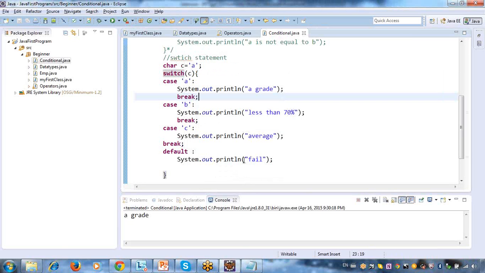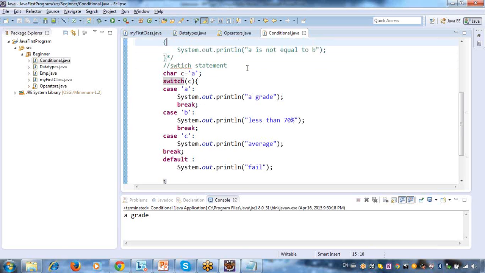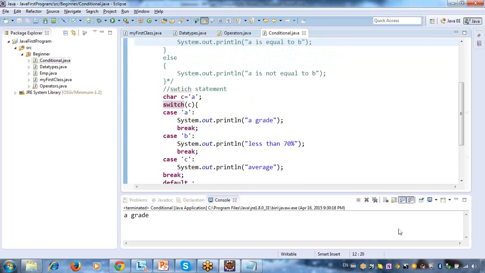In switch, you simply give your condition, and based on your condition, your case will be executed. Clear? Is it clear, this switch case and your if condition, are both clear? Okay, fine.